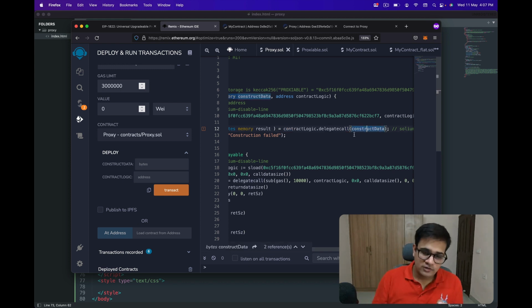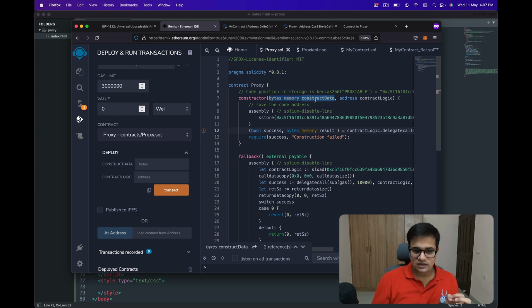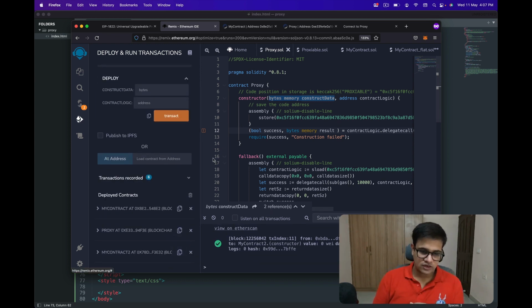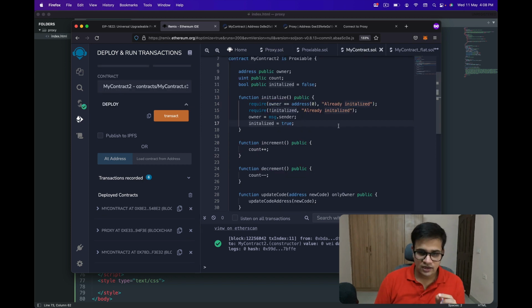Now the problem is that generating that construct data is not as simple as we think. One thing that I already have is my contract 2, so I can just copy that and paste the address over here. This will not be a problem for us. But now we want to figure out the construct data. And to figure out the construct data, I have this